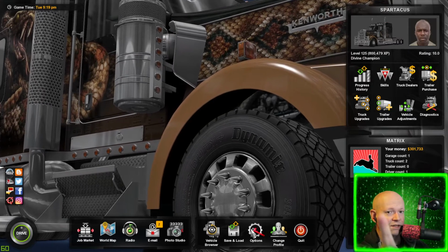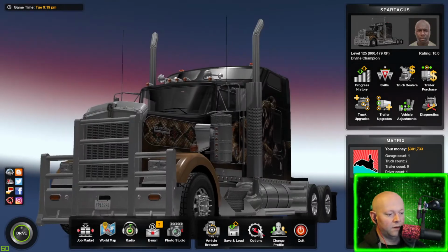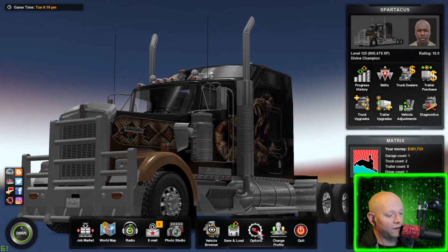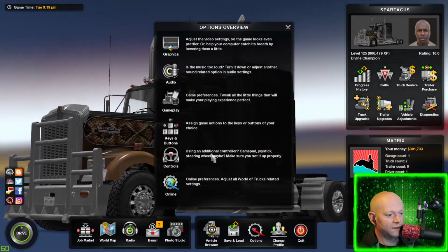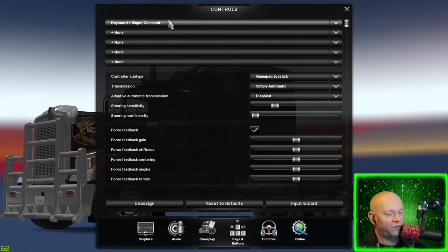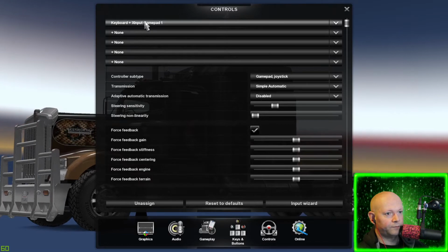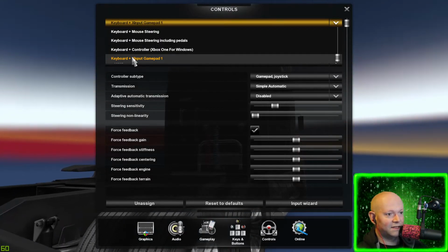Straight down to business. Here's a couple of things that you should do immediately when you get this game. Click on the options button where the cogwheel is. Click on controls where the steering wheel is. At the very top where it says controls, click on that drop-down menu and select keyboard plus X input gamepad